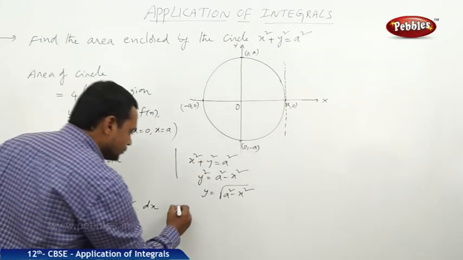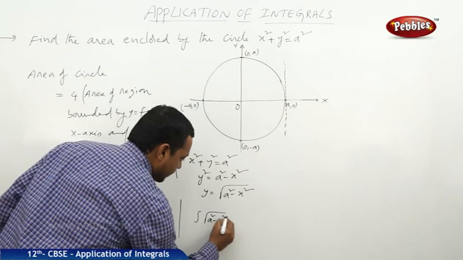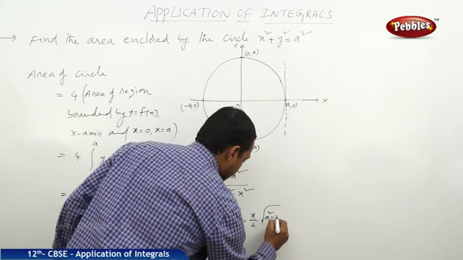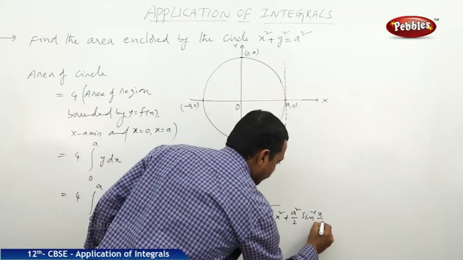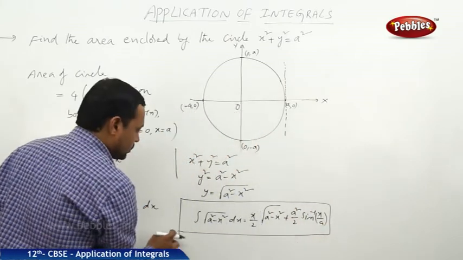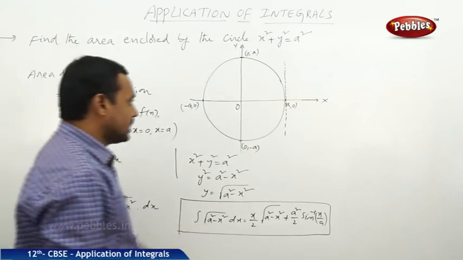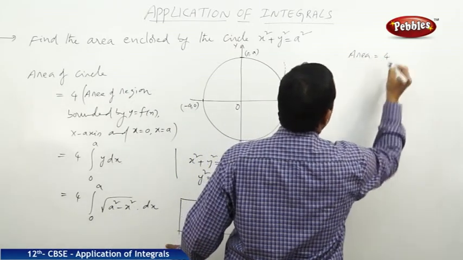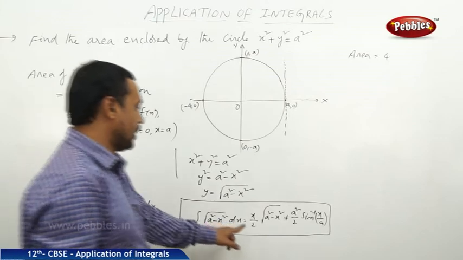Now you know it's a standard formula. The integral of square root of a square minus x square into dx is given by x by 2 into root of a square minus x square plus a square by 2 into sin inverse x by a. You know, this is the integration of the function root a square minus x square. Now, by this formula, the area is equal to 4 times the integral of root a square minus x square,